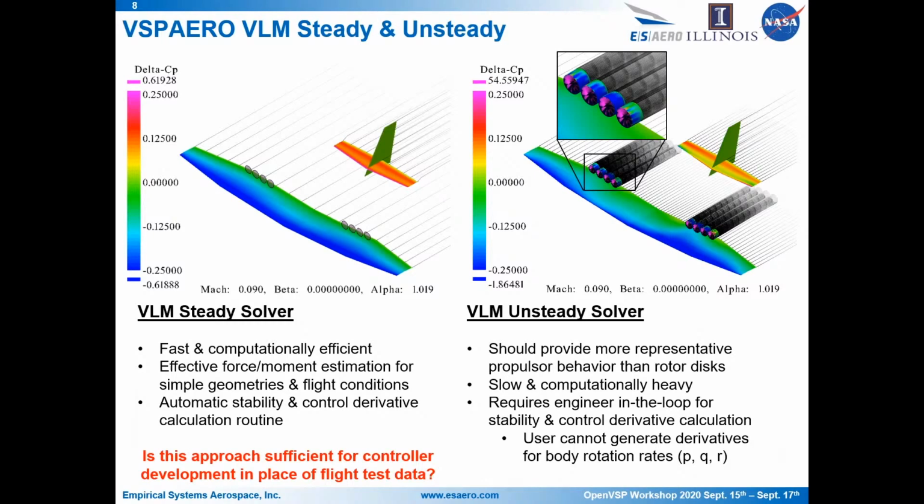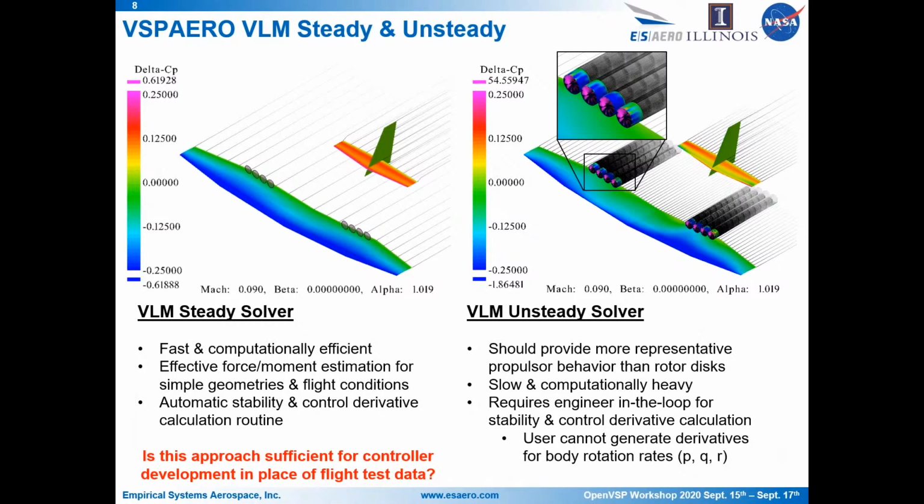And it also had the benefit of being able to use that subroutine for calculating stability and control coefficients for estimating derivatives. But while we were working on that, the Unsteady solver came out, and we decided that we